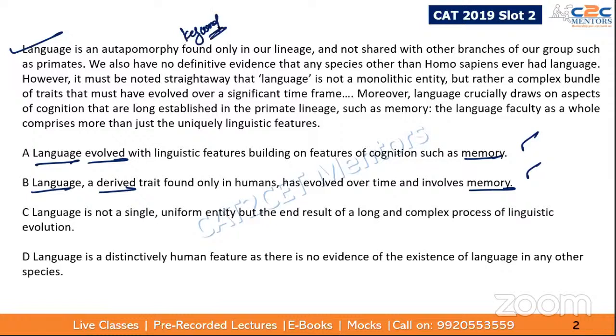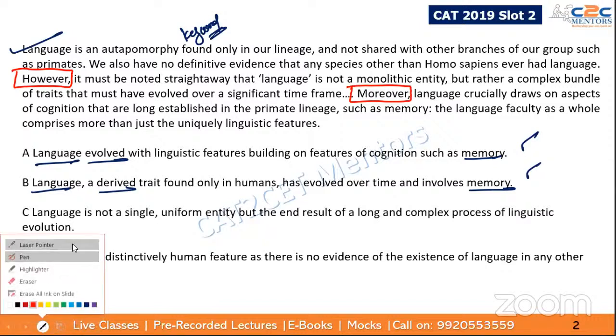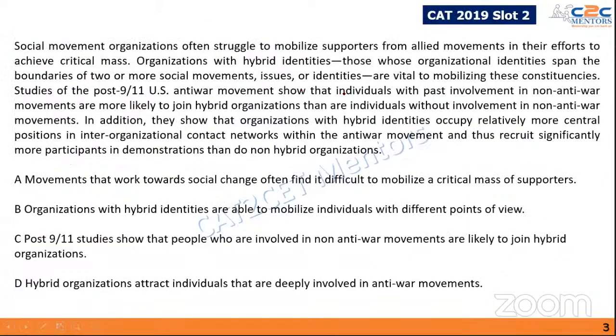I'm again going to be focusing on the keywords. What are keywords out here? In C2C mentors, we name these words, but I'm not going to name them. I'm just going to look at the keywords, right? So the first keyword is "however". I'm going to read through this. However, it must be noted straight away that language is not